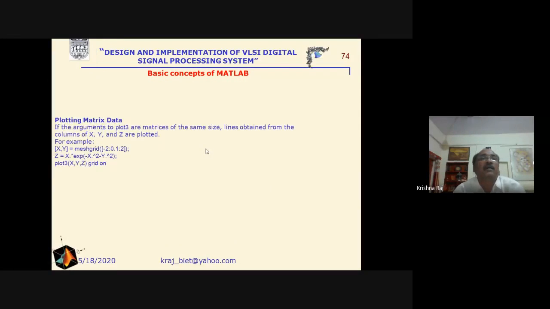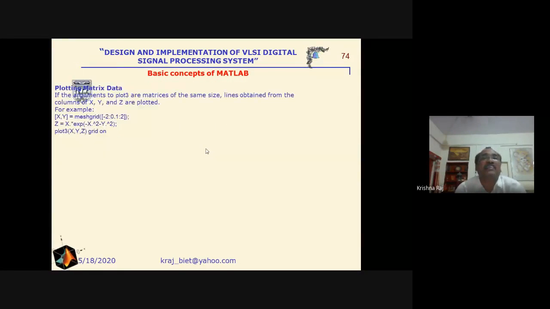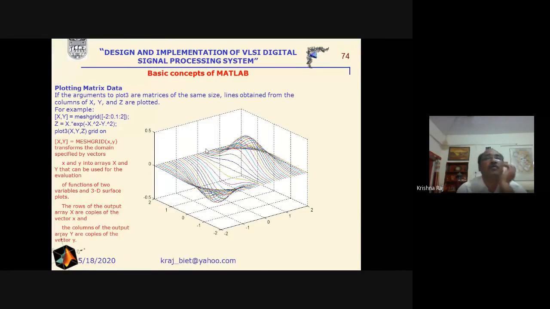Now coming to the next one, plotting matrix data. Now suppose matrix data X and Y. If we write this type of command, that is X comma Y equals meshgrid, then it transforms the domain specified by the vectors X and Y into arrays. Here the X, Y are the inputs, and capital X and capital Y are the outputs. So what will be the capital Y?